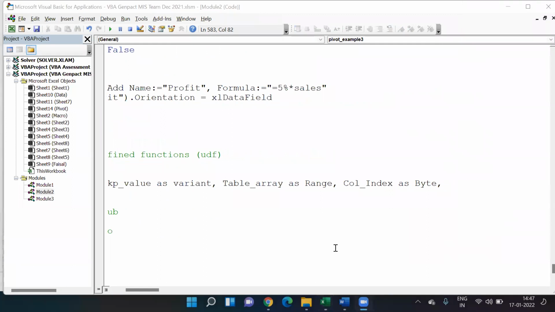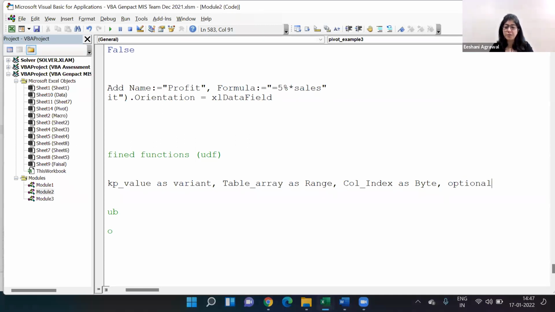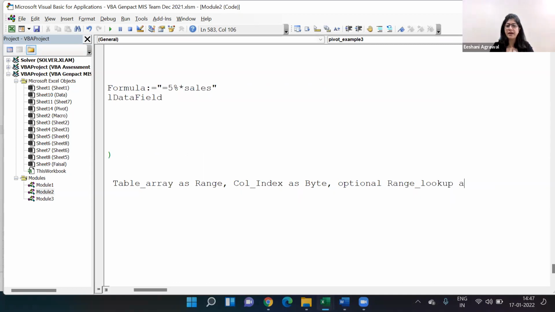Typically it has to be an even number, right? A long, we don't have so many columns, so I think byte is very safe. It cannot be negative. And then we have a last format which is optional. So how do you make it optional? You write the keyword optional followed by the range lookup, and this is as